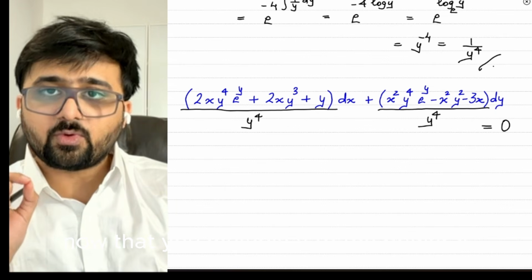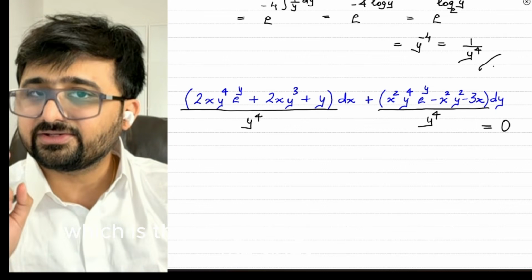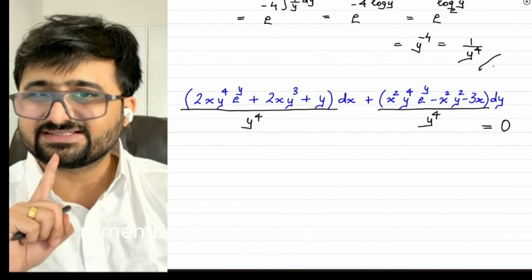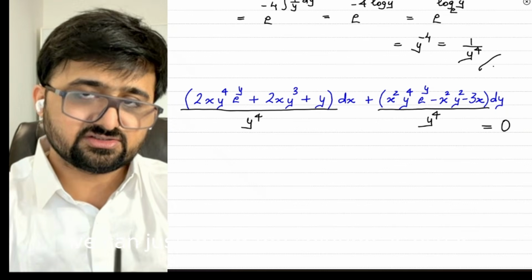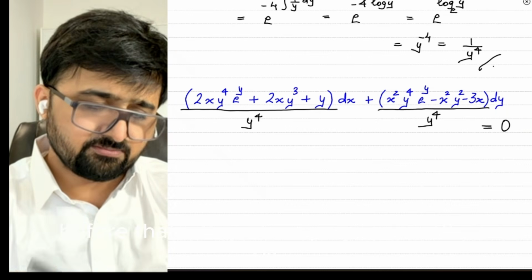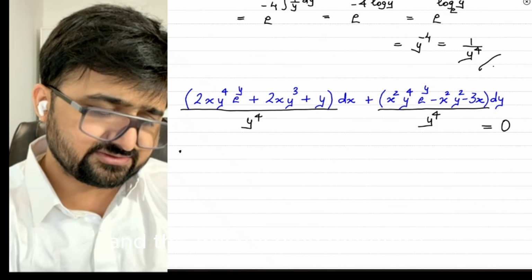Now that you multiply y to the power 4, which is the integrating factor, on both the sides, remember that the equation is now exact. Now that we know that the equation is exact, we can just do the solution as usual. Before that, let's simplify this a little bit, and this will become, therefore,